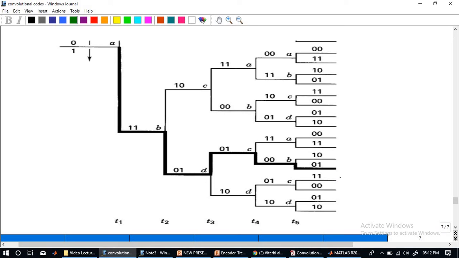Now suppose you are residing on a different path. For example, your input is 0, 0, 1, 1. Suppose your input message is 0, 1, 1. So basically you will start from this point and you will go up. It's not there in the diagram. So you will go up. Then for 1 you will come down. Again for 1 you will come down. But after that you have to take 2 zeros. Add 2 extra zeros. Based on that the tree will get updated.